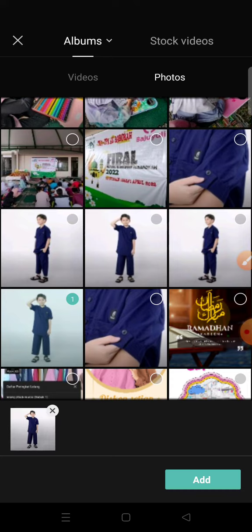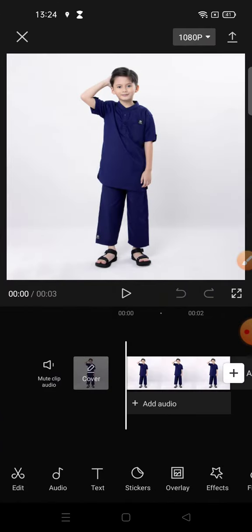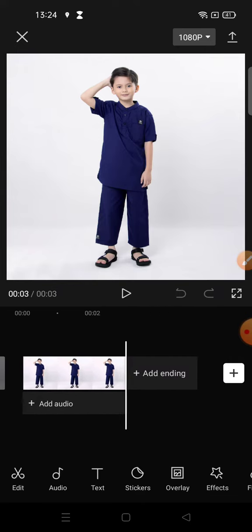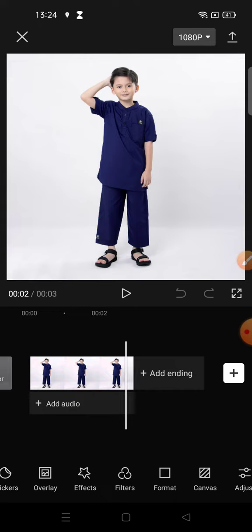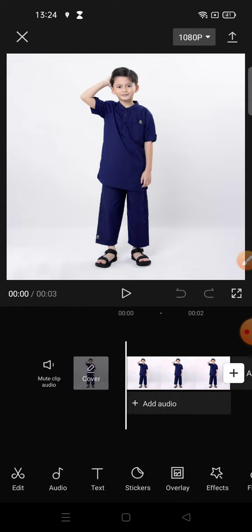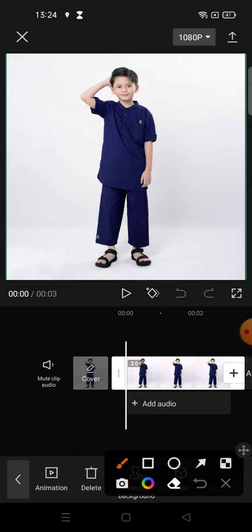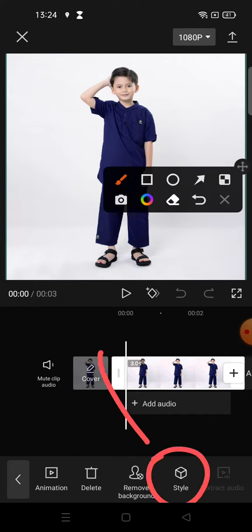This one, click at the bottom. Now I will show you, this is the original photo like this, and then in here you just click on the photo and then click on the style. This one, click on the style,